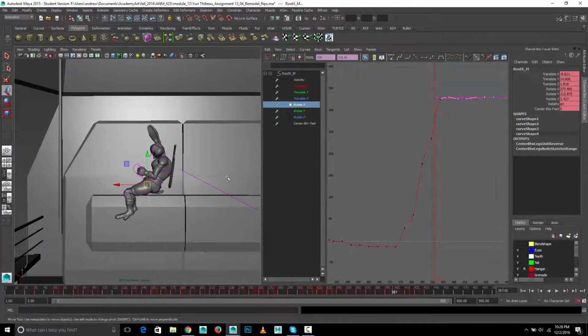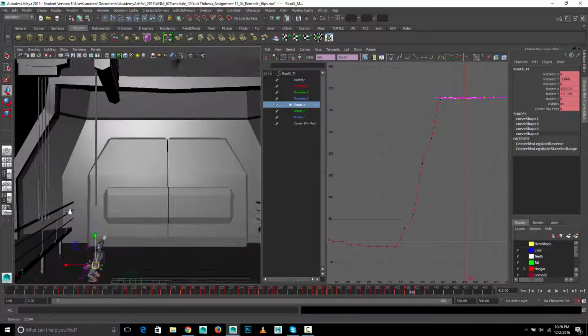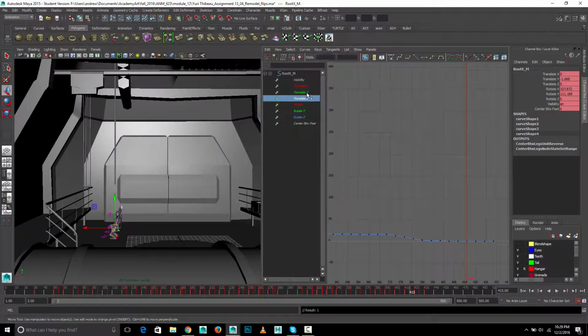So K left mouse drag, so now he does his flip and then stays straight. I think you could work on this arc of movement a little bit for the whole jump. Let's look at our translates,